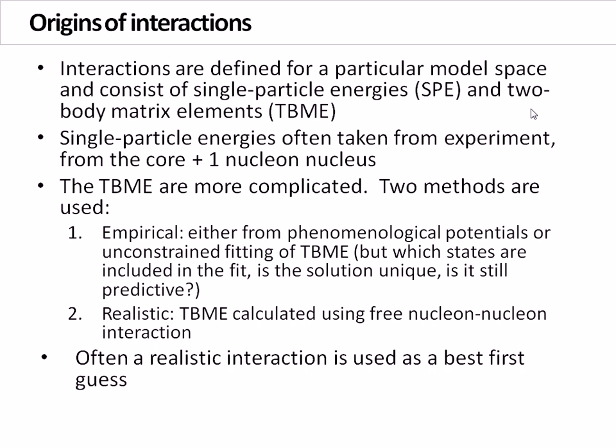Okay, so the origins of interactions, as I say, are defined for a particular model space, and they consist of single particle energies and two-body matrix elements. The single particle energies are often taken from experiments. If we think of our SD shell space, the single particle energies, which are related to the central part of the interaction, can just be taken from having one particle outside our core. If you think of oxygen-17, if oxygen-16 is a good core, that one valence neutron has nothing to interact with in terms of other nucleons